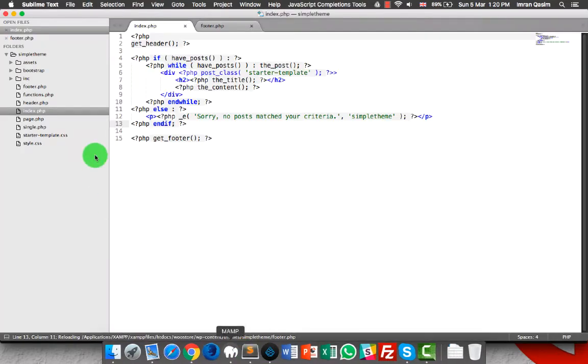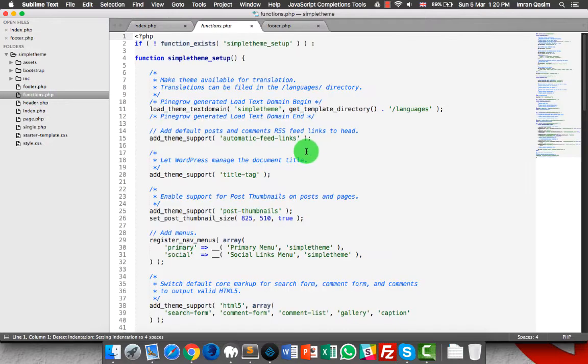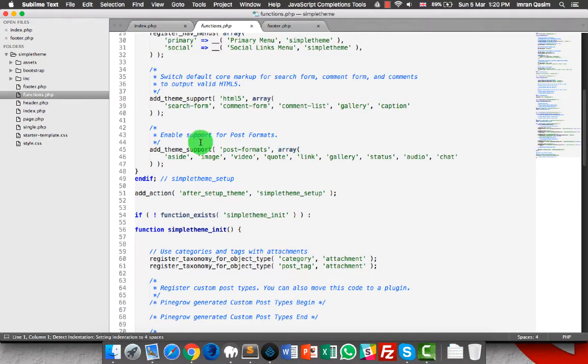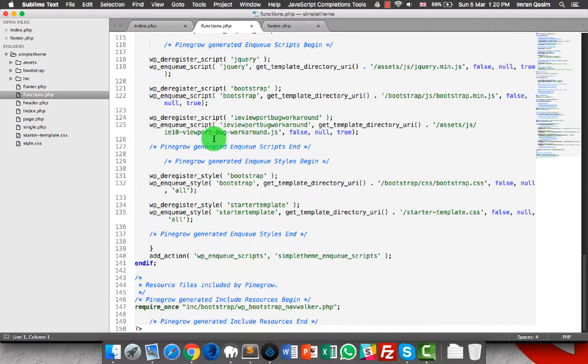So what I will do here, I will open functions.php, and you should be careful when editing functions.php via a normal text editor, because if you make any changes in between the lines PineGrow generated include resources begin and PineGrow generated include resources end, if you make changes manually using a text editor between these lines, they will be overwritten after the next export.